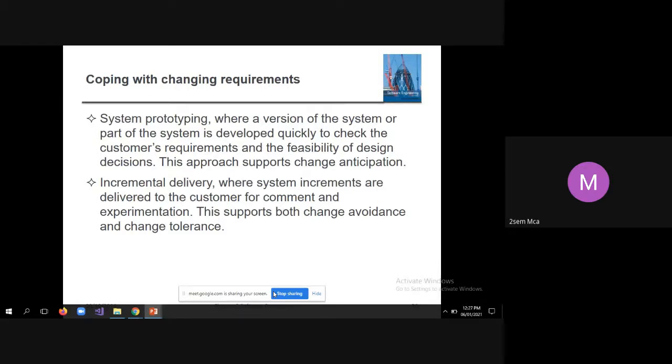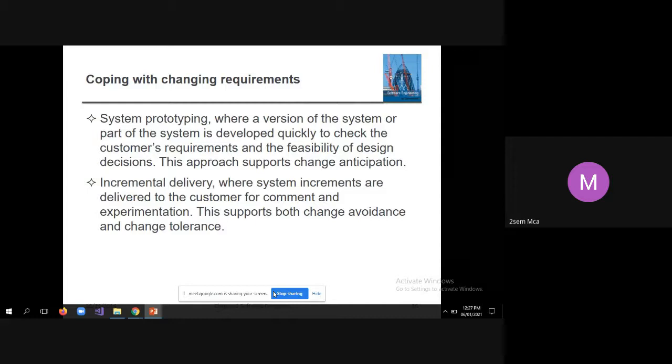Say, for example, within the first 6 months what is to be implemented, and after 6 months what is to be implemented. What is to be implemented after 6 months will get least priority. What is to be implemented during the first 6 months will get higher priority. That is how incremental software delivery takes place.